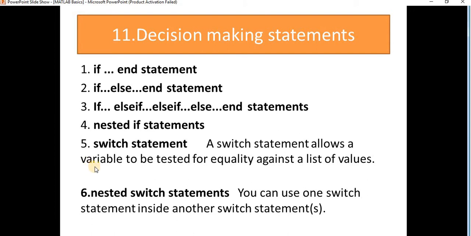A switch statement allows a variable to be tested for equality against a list of values. In a nested switch statement, you can use one switch statement inside another switch statement. If you use one if statement inside another if statement, that is called nested if. If you use one switch statement inside another switch statement, it is called a nested switch statement.